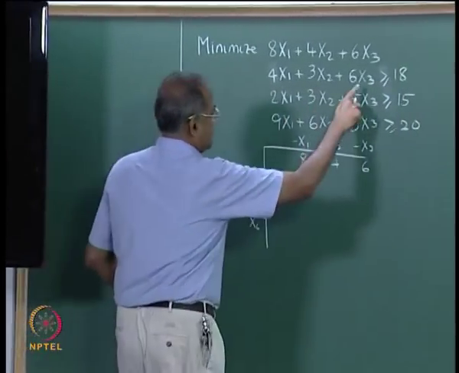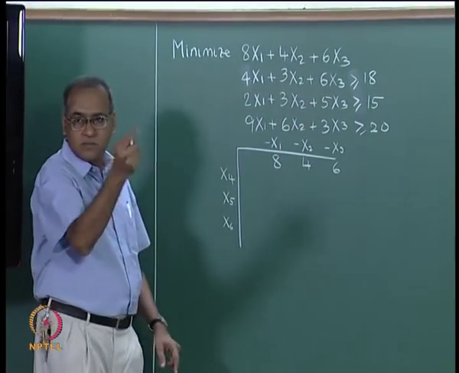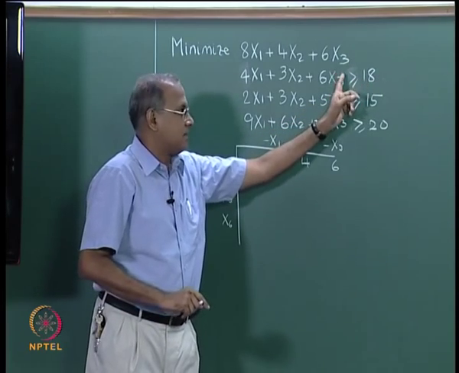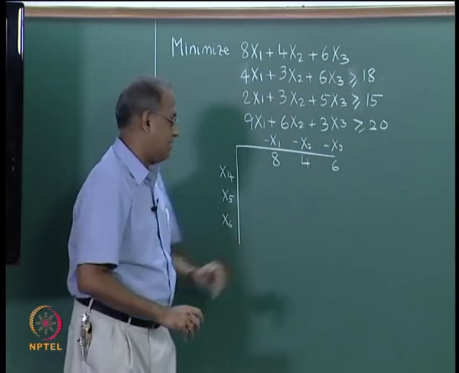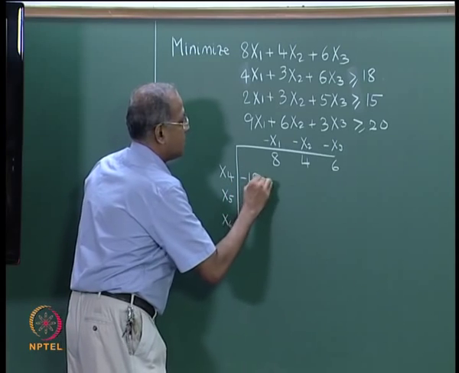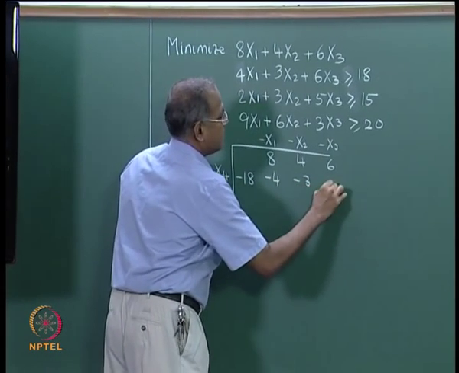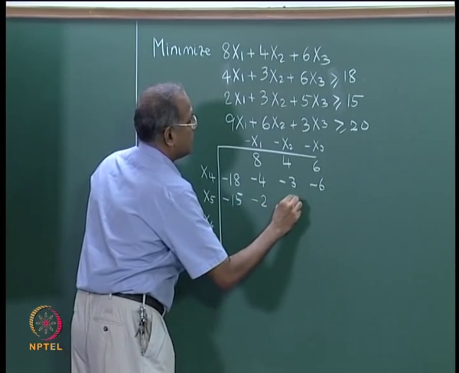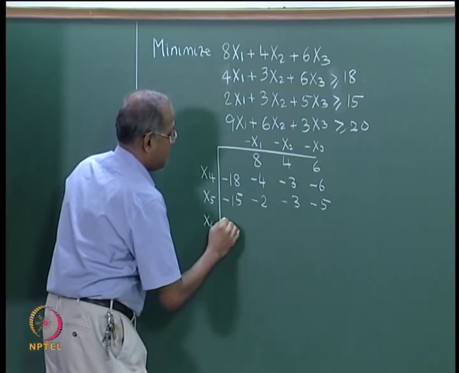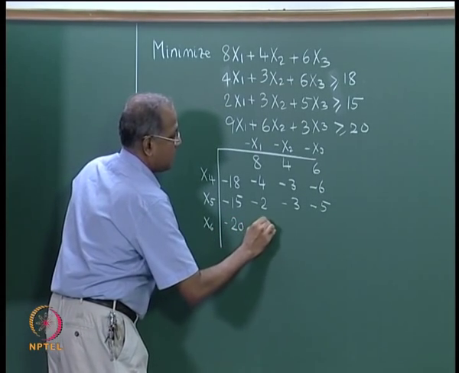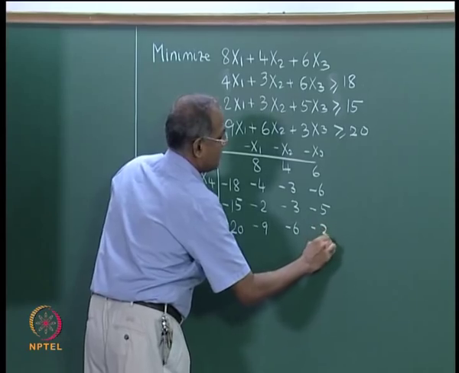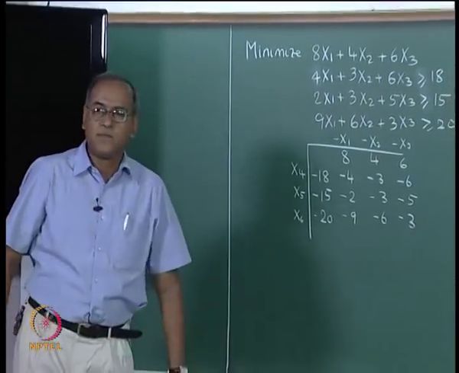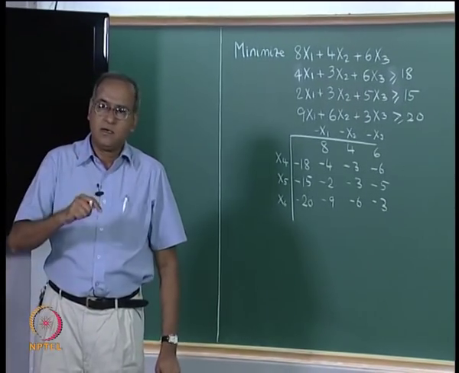Now, we write this as x4 equal to something. So, there will be a minus x4 here. So, equal to 18. So, x4 goes to the other side, 18 comes to this side. So, we get minus 18, minus 4, minus 3, minus 6. Similarly, minus 15, minus 2, minus 3, minus 5 and minus 20 with minus 9, minus 6 and minus 3. So, we have set the first initial simplex table and we now have to define the all integer dual